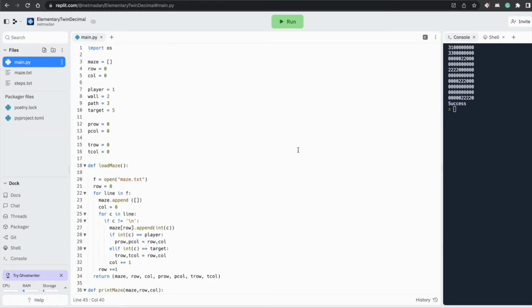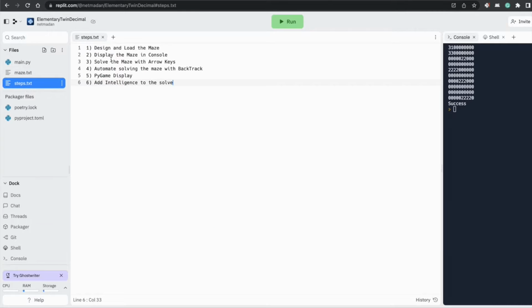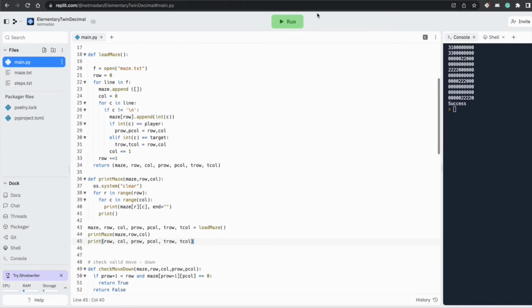Welcome to the second episode in solving a maze with backtracking. In our previous episode, we did steps 1, 2, and 3. And in this episode, we are going to tackle step number 4, which is to automate the solve. Till now, we have only solved the maze manually. Like we have to enter the direction in which we want to move, and we see that we can solve